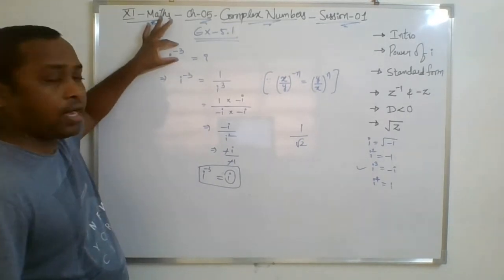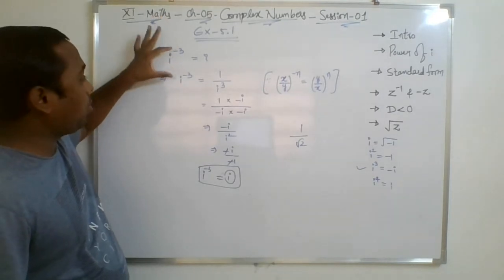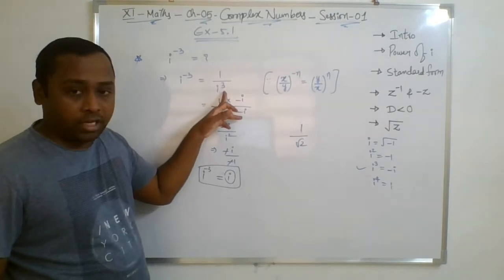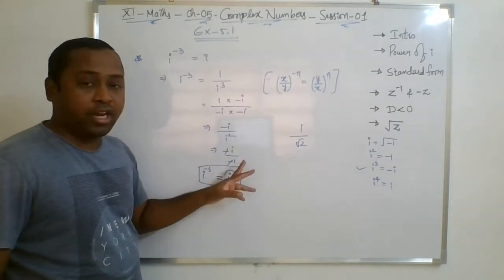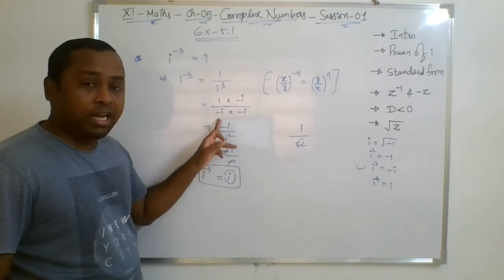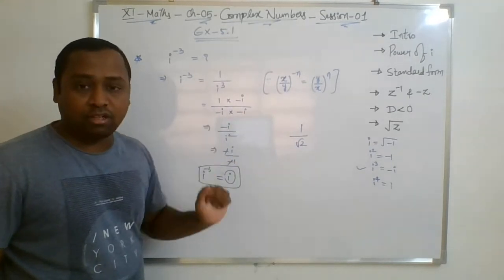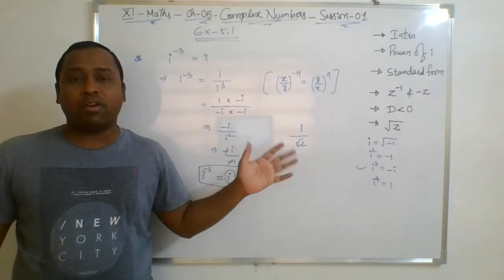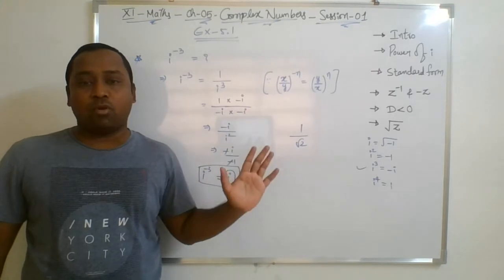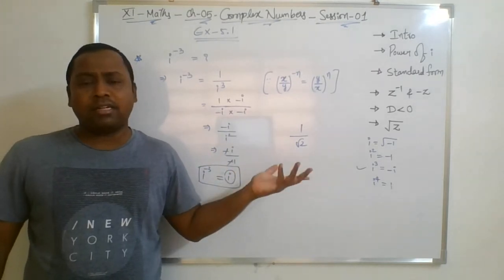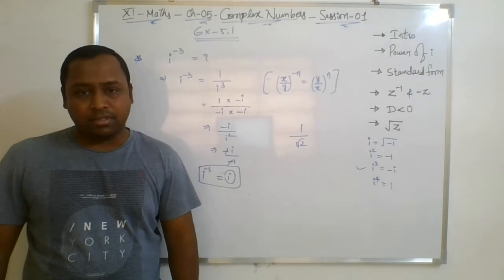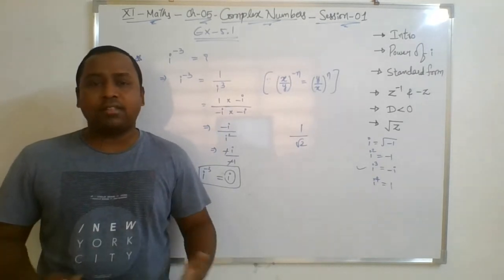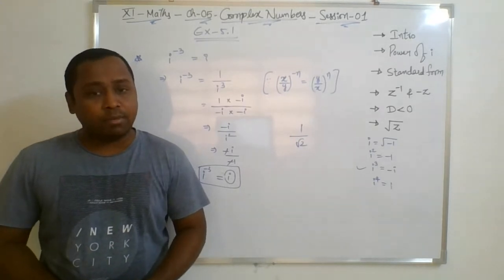When the power of I is negative, simply what we'll do is take the reciprocal of that value and we'll simplify further. If in the simplification any iota terms are left, then go for rationalization. Rationalization means, if it is in the form of a plus b, you will go for a minus b. A minus b होगा तो a plus b से करेंगे. That's what we are doing in a real number system. जो सिंप्लीफिकेशन हम रियल नंबर सिस्टम में करते थे, वही सिस्टम को हम कॉम्प्लेक्स नंबर सिस्टम में भी करेंगे.